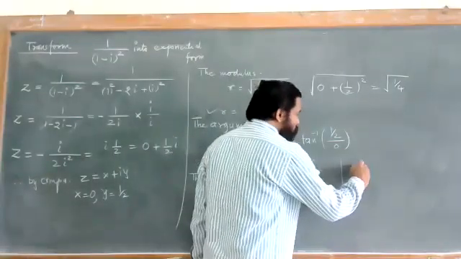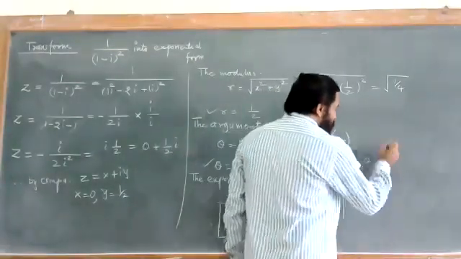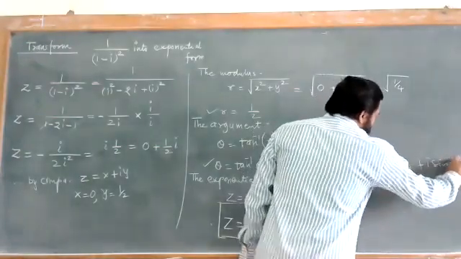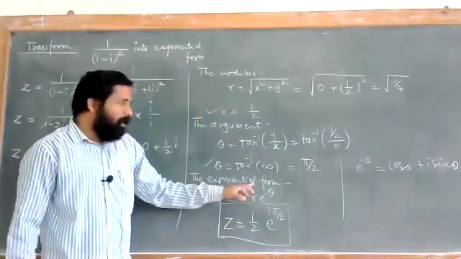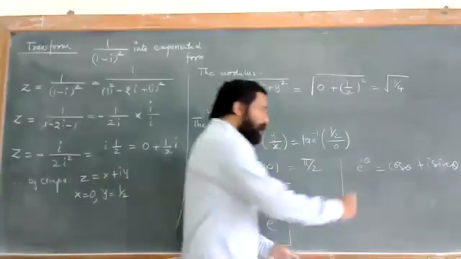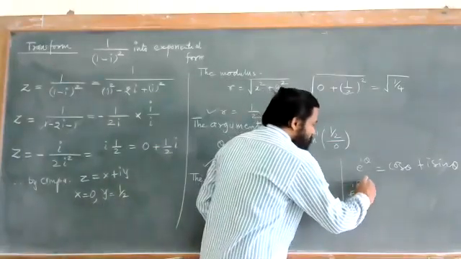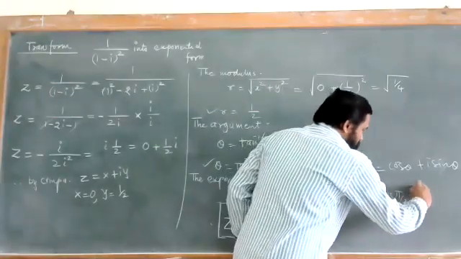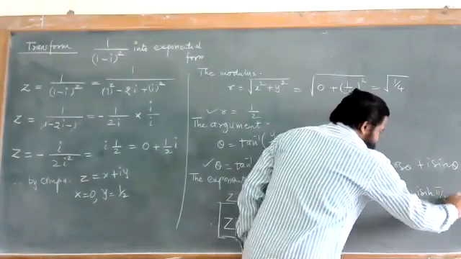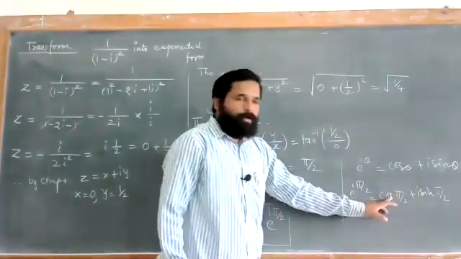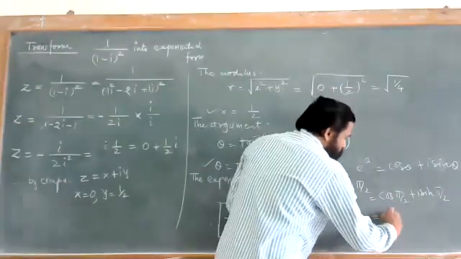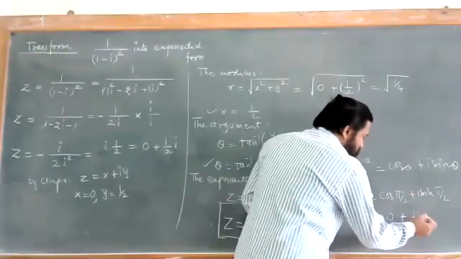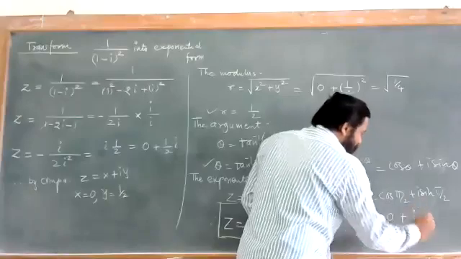सगळ्यांनी लक्षात द्या, आयलर्स काय फॉर्म्युला e raised to I theta is equal to cos theta plus I sin theta. What is theta? Theta is pi by 2. So you can write this is e raised to I times pi by 2 is equal to cos of pi by 2 plus I sin pi by 2. What is cos of pi by 2? Cos pi by 2 is 0. What about I sin pi by 2? That is nothing but 1 into I.